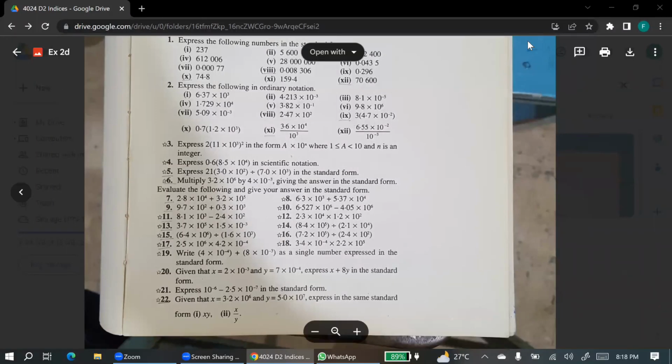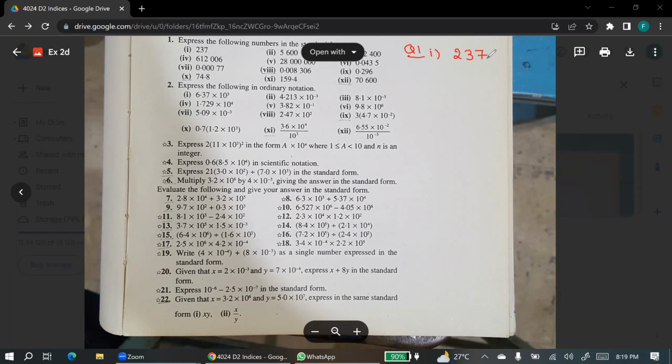Question number 1 is express the following numbers in standard form. Now we want to convert 237 into standard form. Question number 1, part number 1. In standard form,